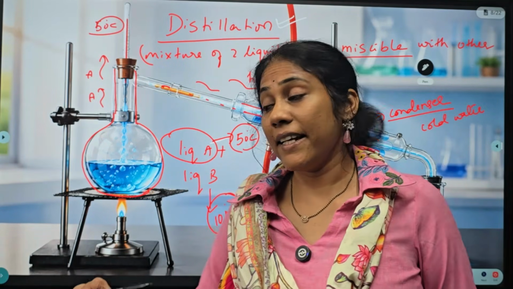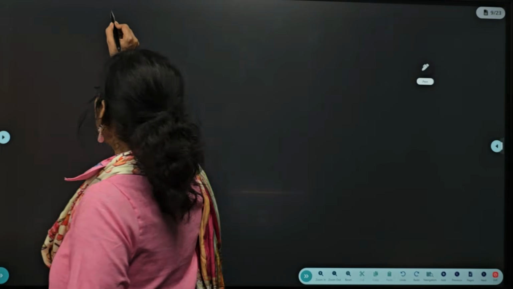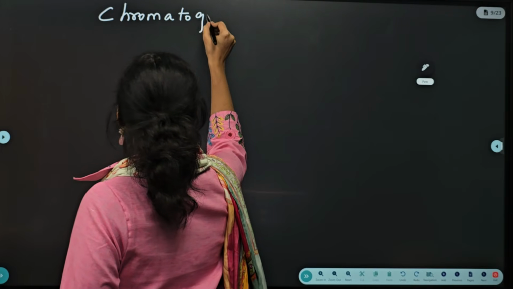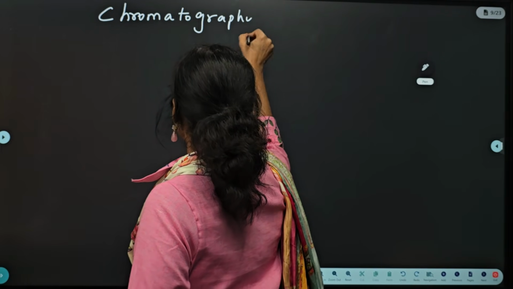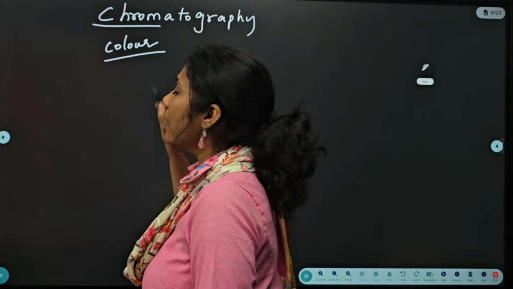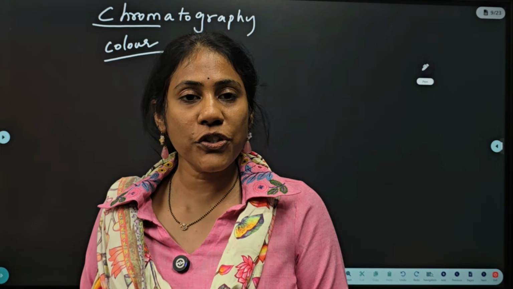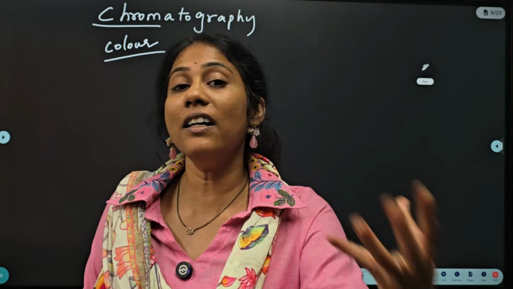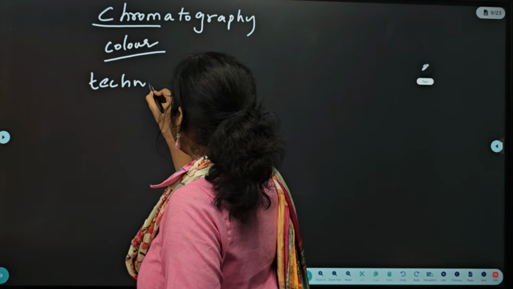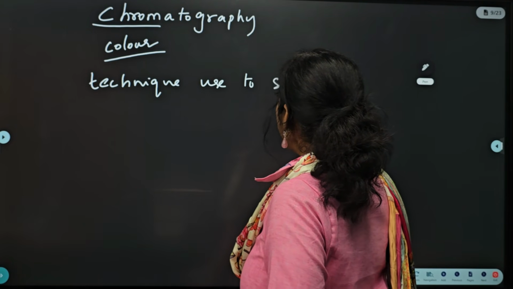Guys, now the next technique is a very interesting technique, that is chromatography. First understand the meaning of the word chromatography. Chroma means color. So chromatography is the technique which is used to separate colored components. This is a very, very special technique used to separate